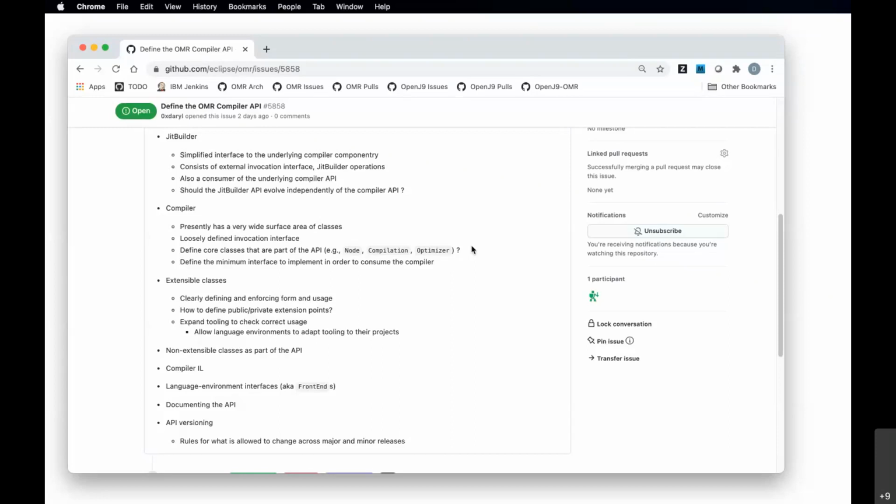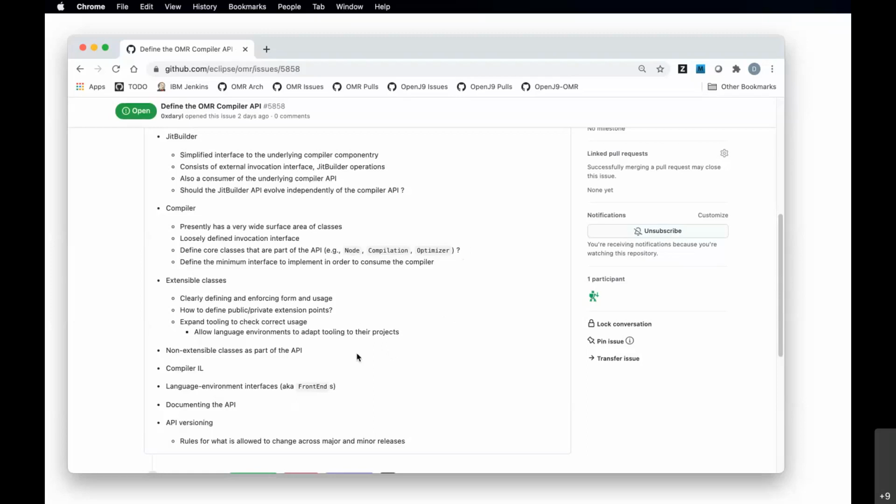So I think that at the very least, defining some minimal set of semantics for the IL is important, and what it means for the different data types is important to do. But I think that the IL has to be part of whatever API we define. Any opinions or thoughts on that? Okay.